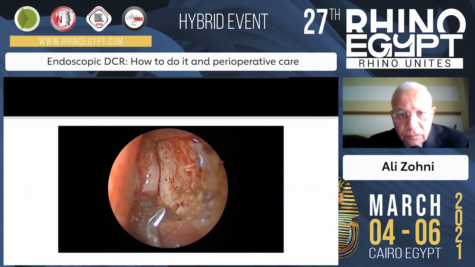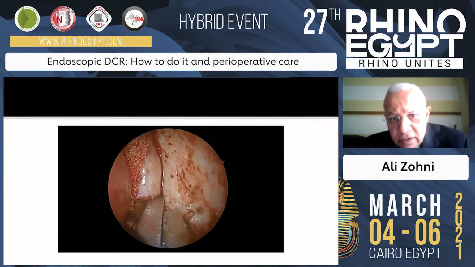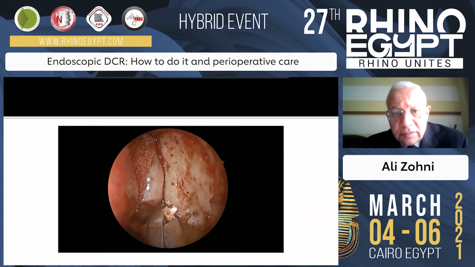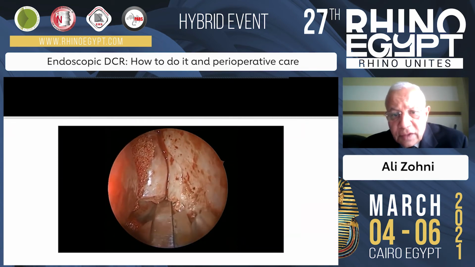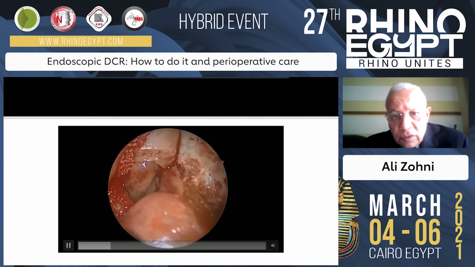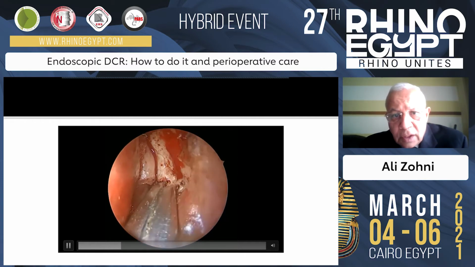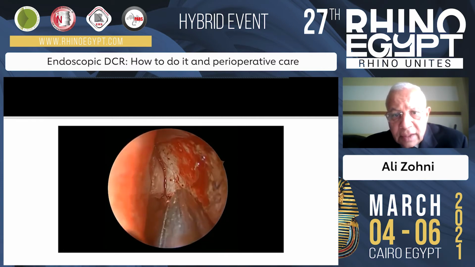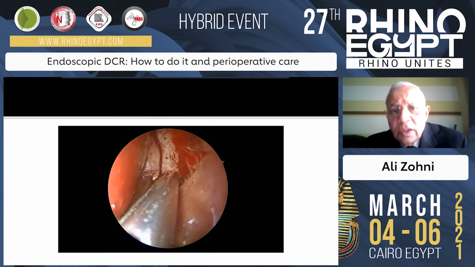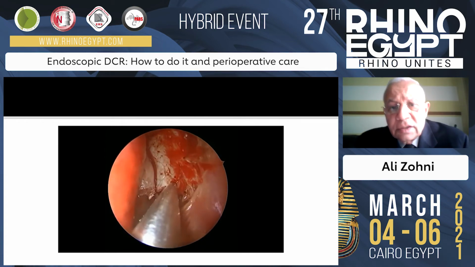Then the lacrimal bone is removed starting inferiorly, and this is a major difference between this technique and the other techniques described. We first expose and identify the area of the nasolacrimal duct above the inferior turbinate, and when we identify it, we follow it superiorly, removing all the bone covering the lacrimal duct and the sac. And at the same time, we are not just removing a bony window, we are decompressing the whole system. We remove as much bone as feasible